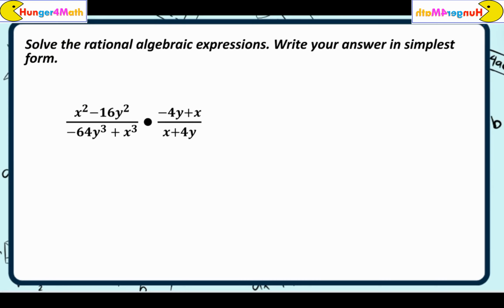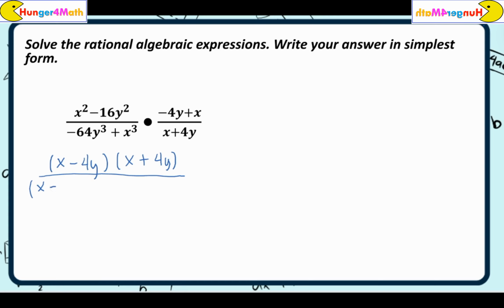Here is about multiplication of rational algebraic expressions. So let's try to find out which expression can be factored. Here we have x squared minus 16y squared. It is factorable by difference of two squares. That will be x minus 4y times x plus 4y all over the denominator of negative 64y cubed plus x cubed. This is factorable by difference of two cubes. That will turn into